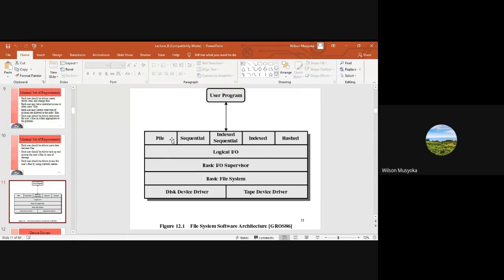I want you to look at each one of them so that you can freely explain them if it is asked in an exam. Where you will have a challenge, ask me. I will present something to explain some of these file management methods. But in your reading assignment, I want you to read all of these methods of file management. I hope that is very clear. So that was the first assignment I wanted to give.